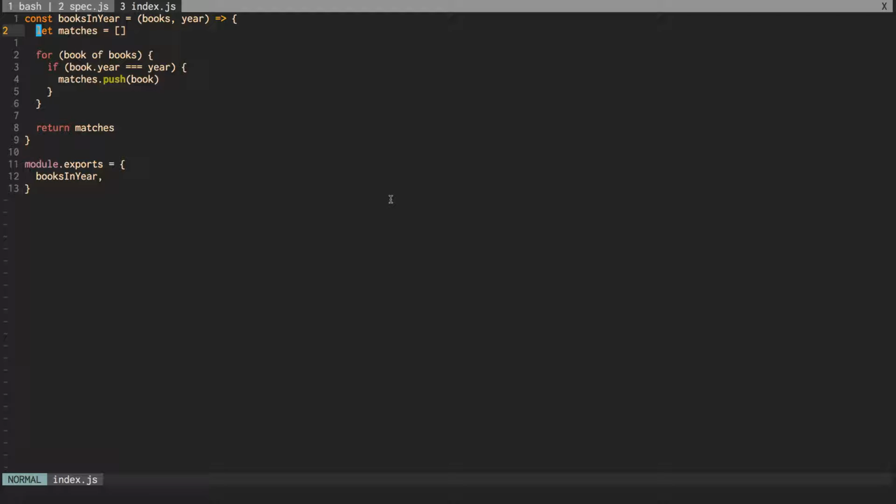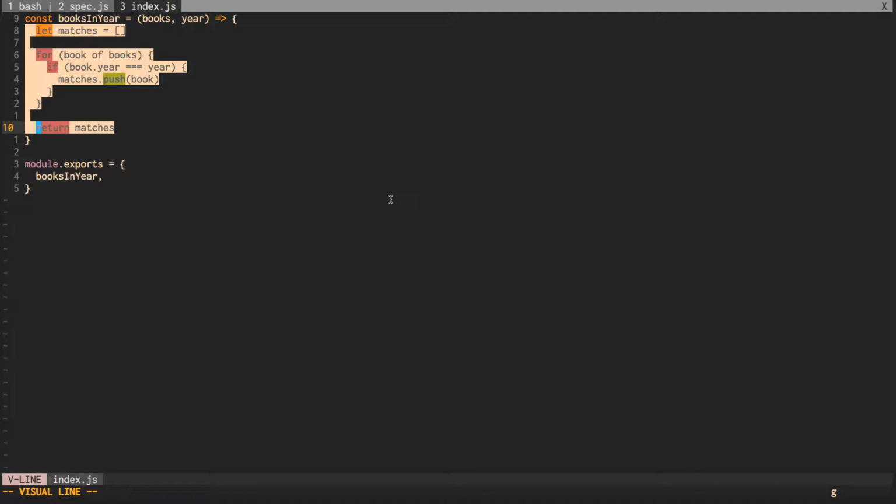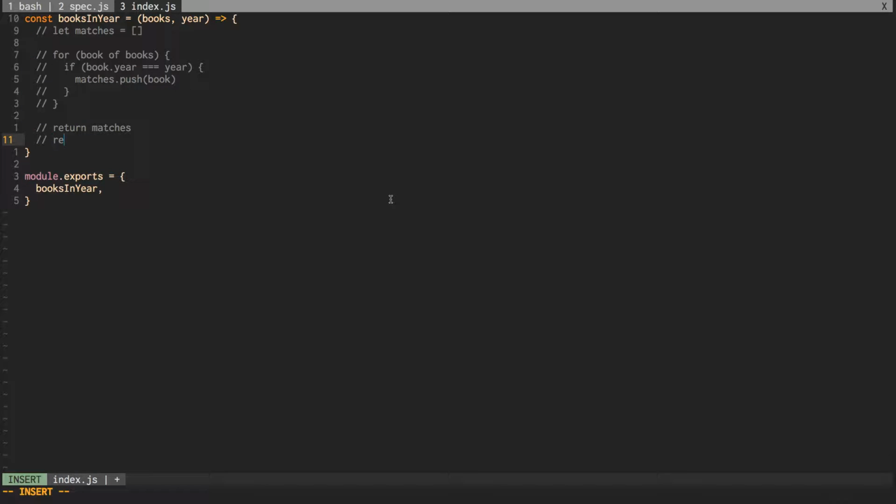I'll refer back to that idea of the flow of the logic a lot, because it's not instantly clear to me what the purpose of this for loop is. Maybe I could infer a little bit from the name of this function, but again, it's not as expressive. So what we're going to do is change this. I'll leave this here in comments just for a little bit, but we're going to use the Array.prototype.filter method, and we're just going to take the books argument that